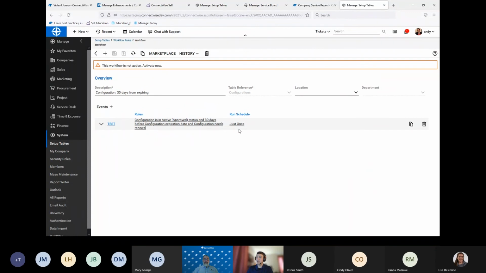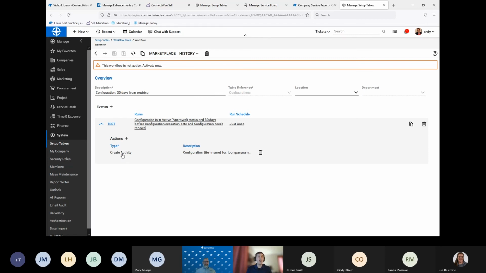Now, what do I want to do about that? That is going to be where my action comes in. In this case, I'm going to create an activity for someone to take an action. Activities are great for salespeople. If this is something that's going to require more effort on your team to actually look into and start this renewal process, you might want to create a separate renewals service board where you can create tickets to just kind of collect